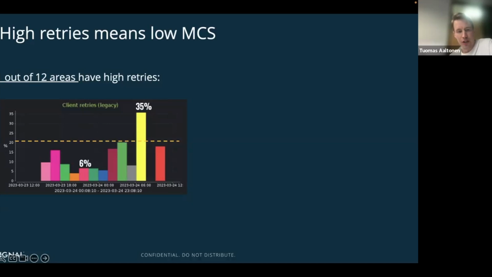If we draw a 20% retry rate target, we can see we have one area with higher retries. It stands out from this chart, with a 35% retry rate in total in this area. And if we compare that to an area with 6% retries,